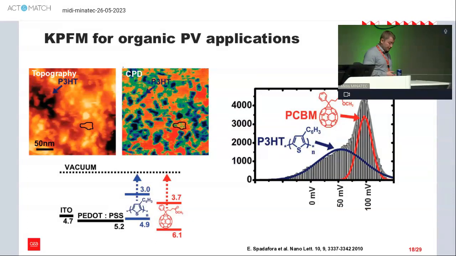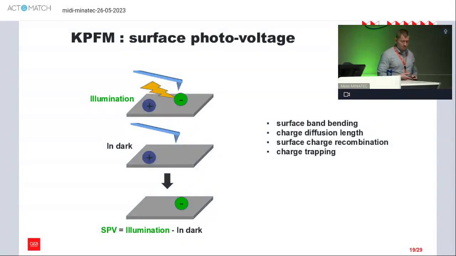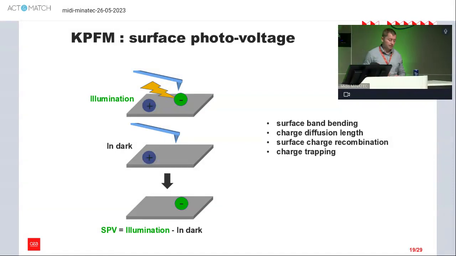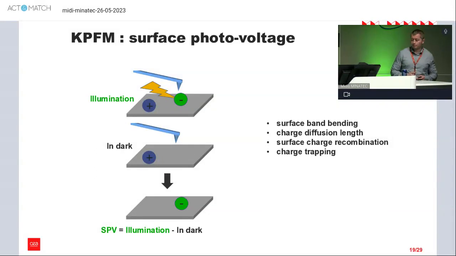So next parameter, which is also linked with work function, is surface photovoltage. Surface photovoltage is the difference of work function under dark condition and when the sample is illuminated. This kind of parameter is very useful, for example, for different applications linked to solar cells or light-emitting LEDs, because